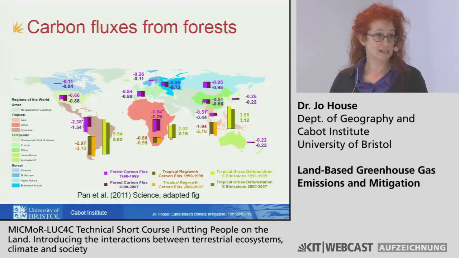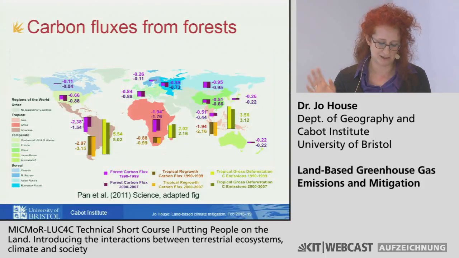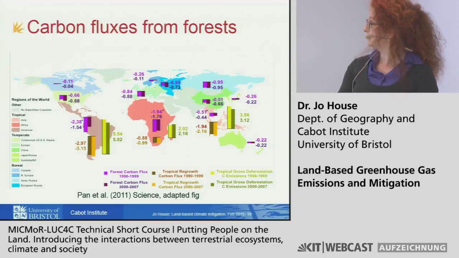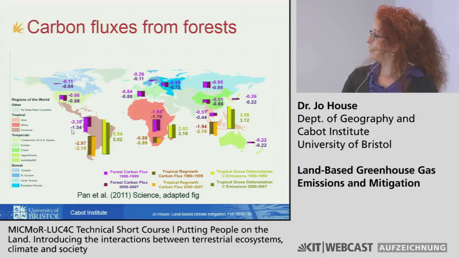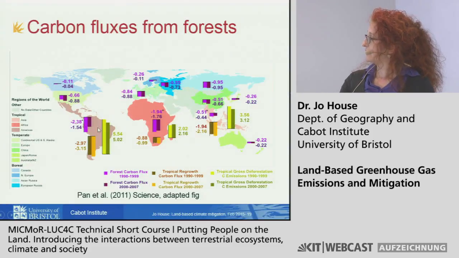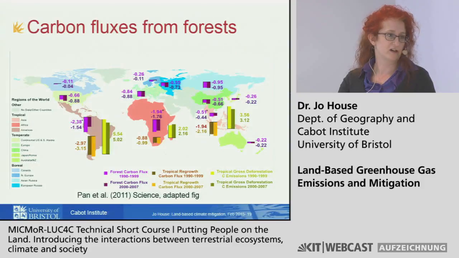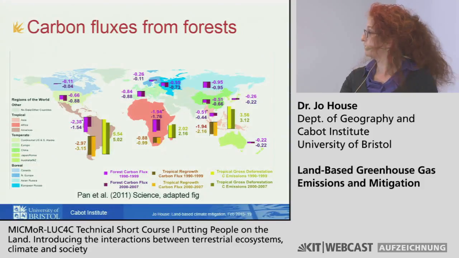I mentioned the Pan data, and this is a figure from Pan, and we adapted it slightly. It was going to go in the third assessment report, and I'm going to change it slightly, so the colouring is different from what you'll see in the original paper, but the numbering is the same. The purple bars here are the forest carbon flux, as they called it, and it's essentially the residual flux. It's the sink in natural forests that comes from inventory measurements.